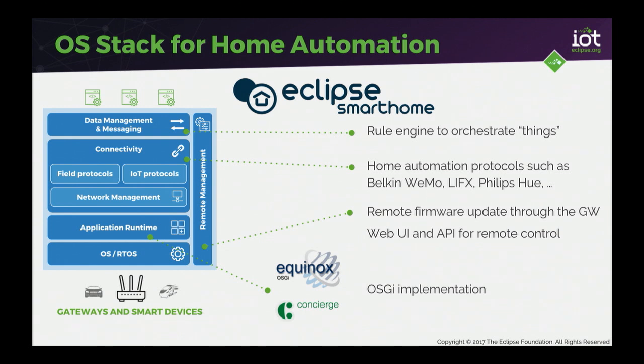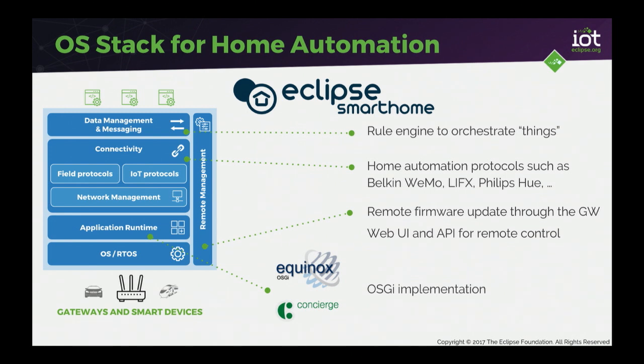Another option for building an IoT gateway 100% based on open source would be Eclipse Smart Home. There's actually a talk later on this afternoon from the Smart Home project leader. There it's all about home automation. So built-in rules engine for doing if-then, that kind of thing: if the temperature in my bathroom is above 20 Celsius, then turn the heating down, and stuff like that.